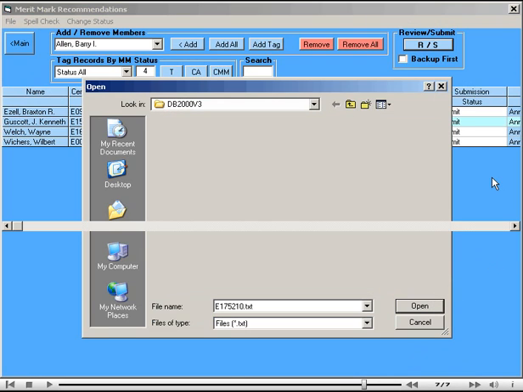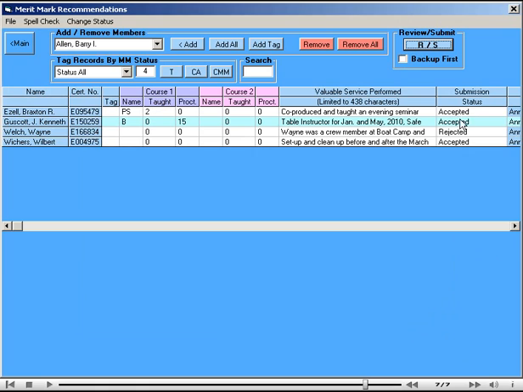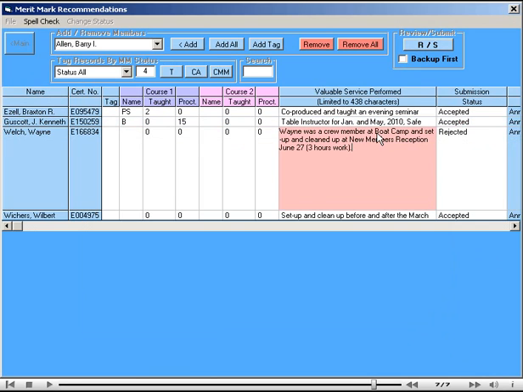And we have accepted records, but we have one rejected. We might like to hazard a guess as to why that was rejected, so we'll open the recommendation and we see that this member only had 3 hours of work. So let us add some more to it, and I'll just paste some additional text in here